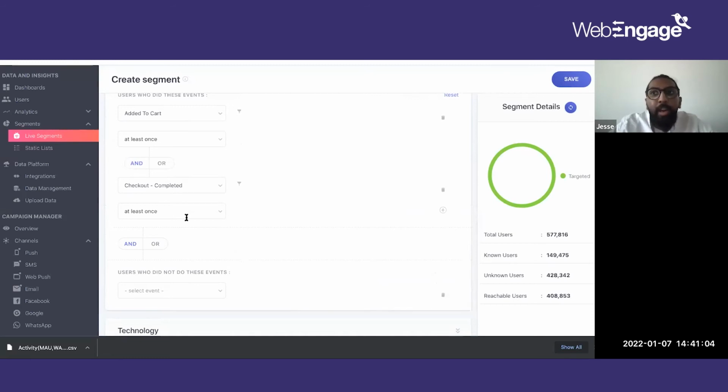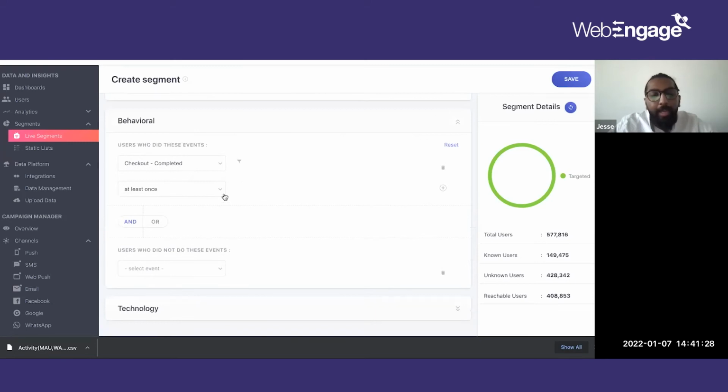Say, for example, if I'm going to take one client example in D2C, right? There are products that could be refurbished, that could be going out of stock. For example, if I'm buying a body cream, it would probably get over in 30 days, right? So I, as a user, would probably need to buy the product again. So in this way, you can create users who have done checkout completed and basically target them again.